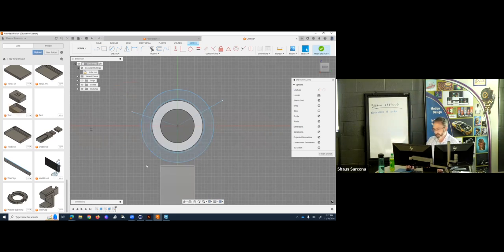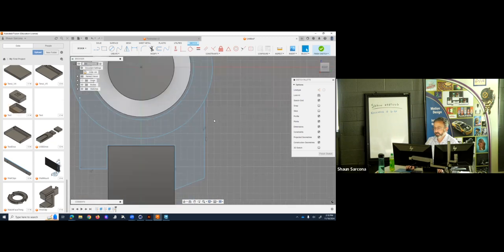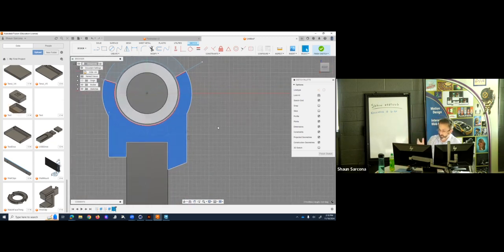I need this to mount to the monitor somehow. So I need to use the line tool and just create some kind of shape here that could fit to touch onto the monitor. So maybe something like that. And we'll come up like this. Over here. Down like this. Over here. Come up like that. Hit escape again. And now I have this shape and that shape. So like that could be my shape that I create that would then sit on top of my monitor